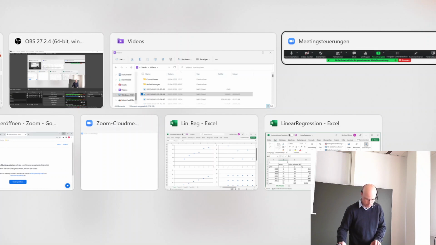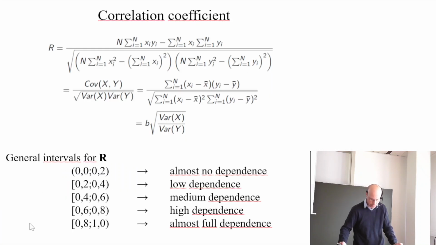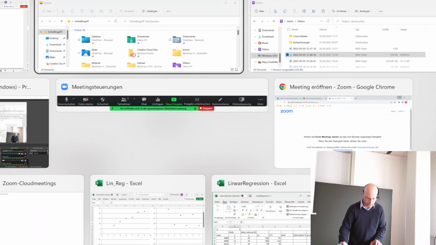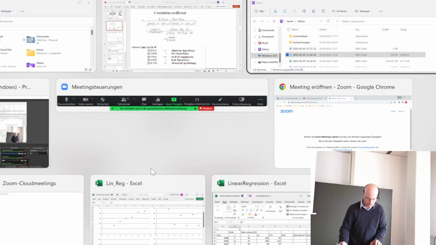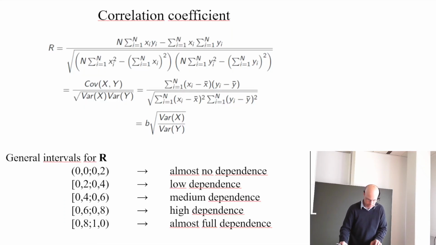I have to look it up because I calculated a new slide for you. Let me see if I find it. Oops. So I just stop for a while the